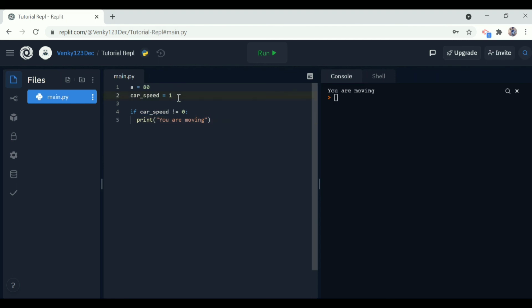So let the variable names be the same, but let me give it a string. Let me type Hi, hello, and now I want to see whether hi is there in a particular string. So for that we use if, and hi should be in double quotes since it is a string. If "hi" in car_speed, then we have to print hello. Now let's run the code.